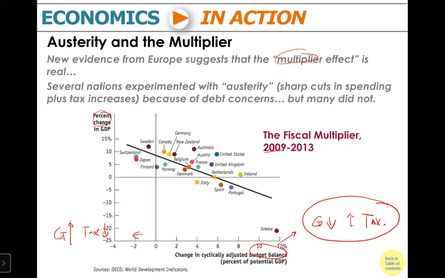But now let's look at what those two types of policies are. Increase in G and decrease in tax, this is called expansionary. Decrease G, increase tax, this is called contractionary. And then from here, it essentially says that expansionary policy is going to help our economy, but contractionary fiscal policy is going to depress the economy further, right? So this nicely shows there's a multiplier, right? So this is associated with fiscal policy.